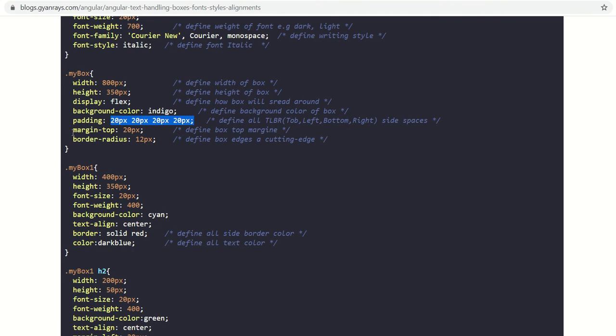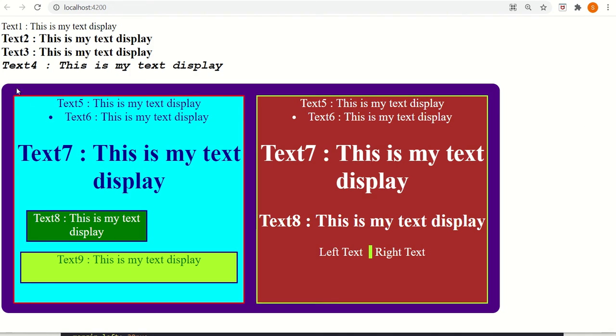Alright, now we are giving a margin-top of 20 pixels. What is the difference between padding and margin? So I show here. Padding means space inside the box or inside the object, and margin is for the outside of the object. So I have given a margin-top of 20. That means the difference between the text and the box's starting position would be 20 pixels. So this gap is the 20 pixel margin on the top side. If you give the same code for the left side, it will also add a margin of 20.